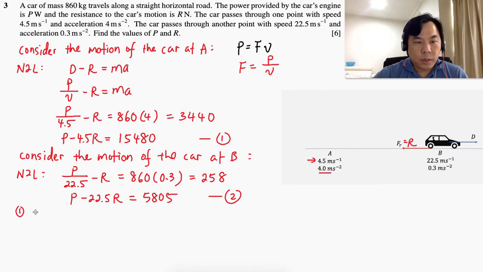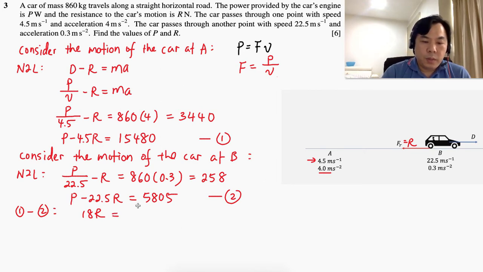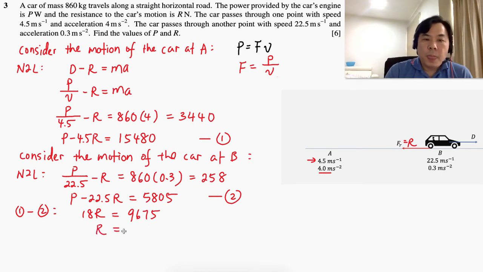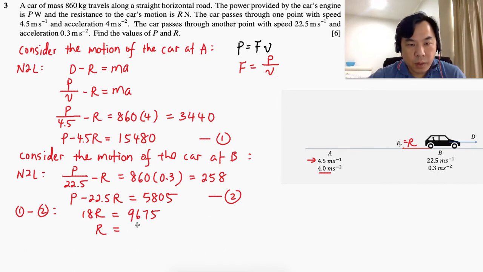So in this case, I'm going to take 1 subtract 2. Okay, therefore I will get, let me see, 18r. So 18r is equal to, all right, let me get this properly, 1515480. All right. So therefore we have 9675 here, and then from here we should be able to obtain the value for resistive force quite easily, which is the same as, let me see here,